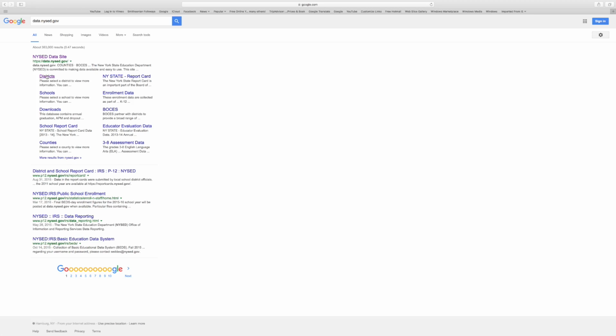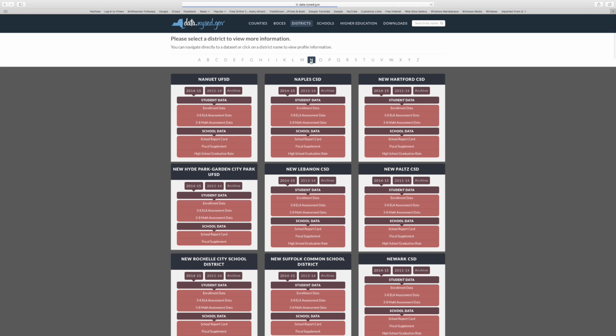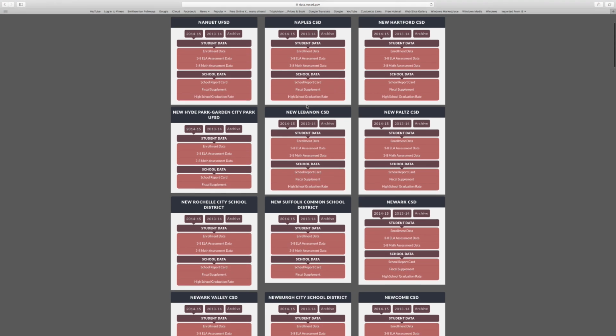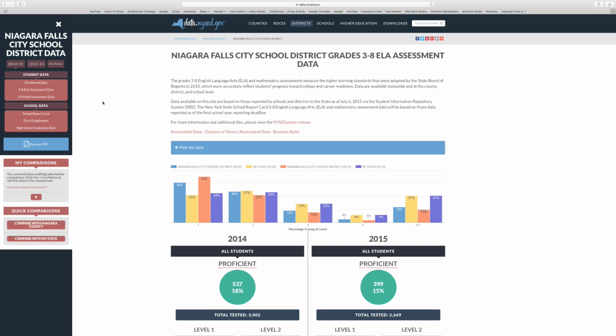There is plenty of data available for school improvement. You can look in a number of different places for it, but I'm going to draw your attention to two in particular. The first place that you may want to look is the New York State website. There's a website called data.nysed.gov, and in that there is just a tremendous amount of data about school performance, individual schools, school districts,